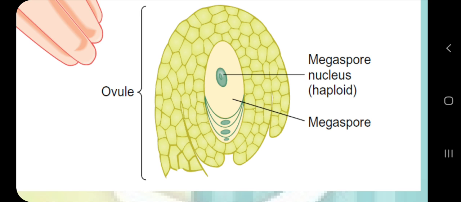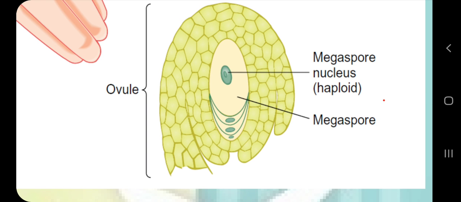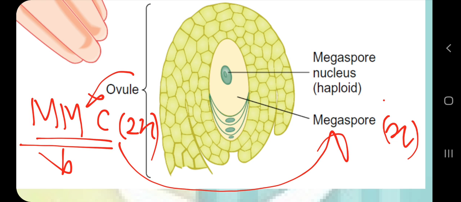So these are the 4 cells. The megaspore mother cell found in the ovule is a diploid cell which will undergo meiosis and produce megaspores, which are haploid cells. Here we can see 1, 2, 3 and 4 megaspores. Of course they are unequal in size. One megaspore, which I have labeled here as 1, is a very large structure, and this is also very important, because I suppose that you have studied human reproduction.